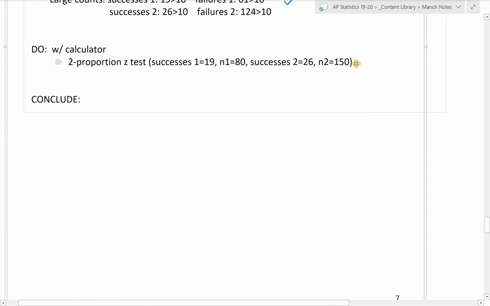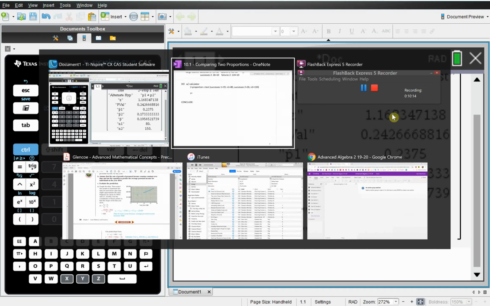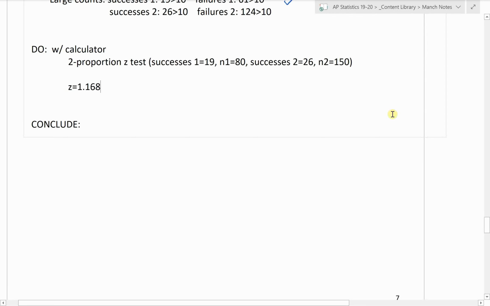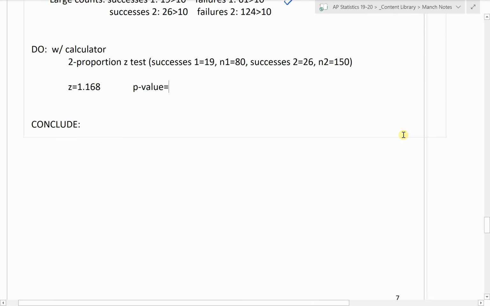So in the do step, we've named the test already. We need to identify the z-value, which was the test statistic, which is 1.168, and then we need to identify the p-value, which was 0.243. Okay, so name the test, identify the test statistic and the p-value, and now we're ready to go on to